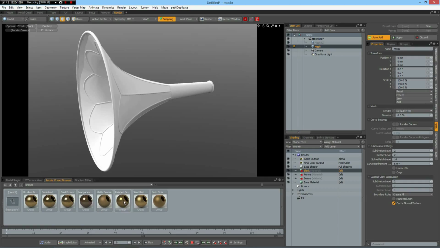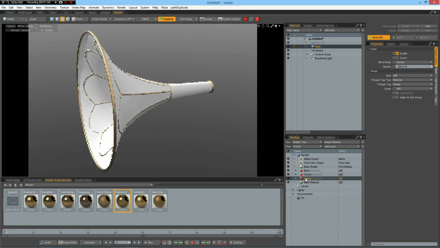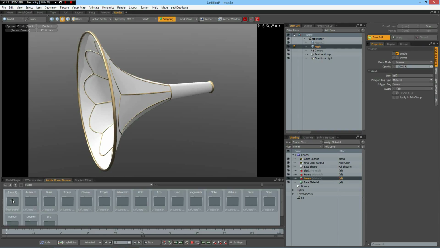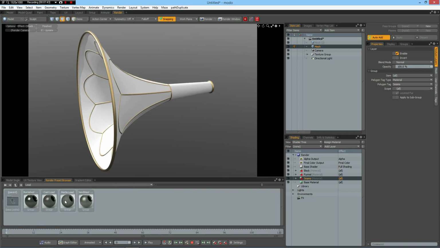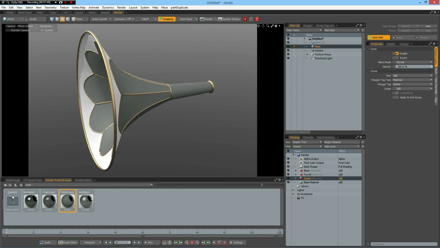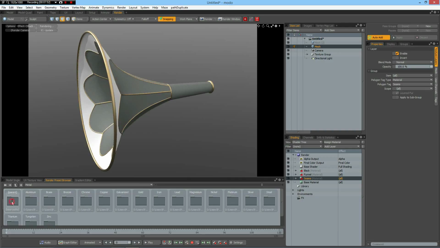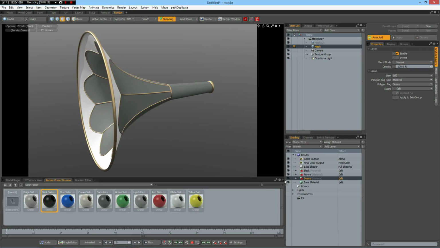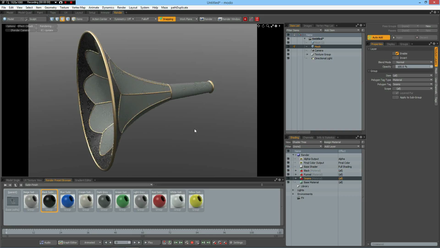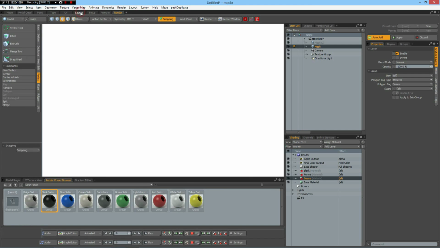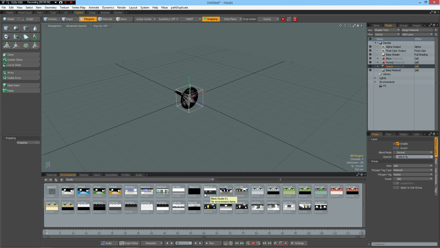Here I use polished bronze for the seams, and that looks already quite nice. Then I like lead for the funnel and black plastic for the black part. And then a nice studio environment, this one,